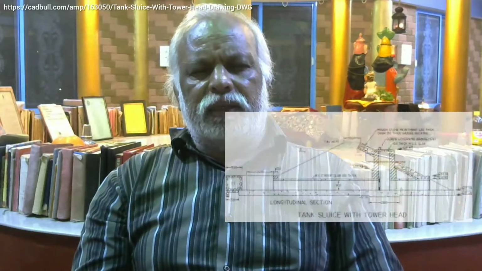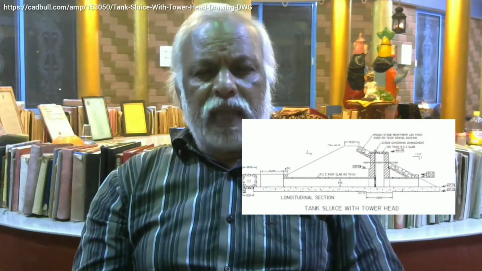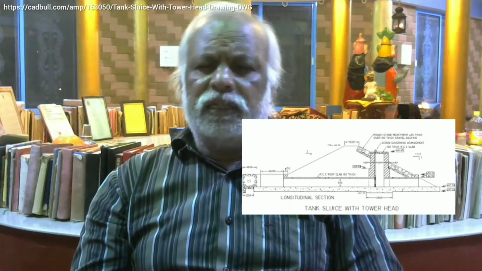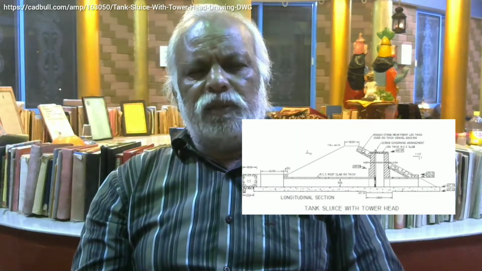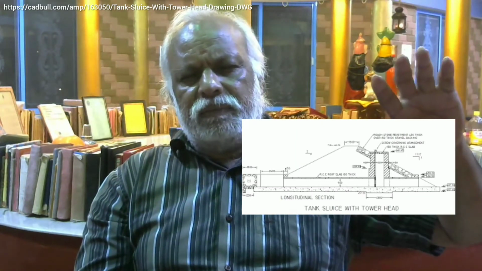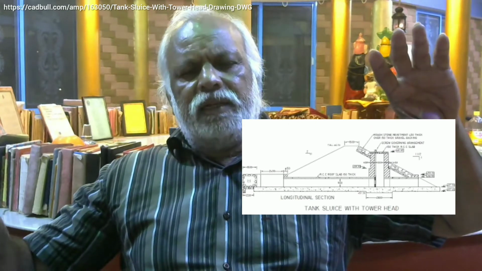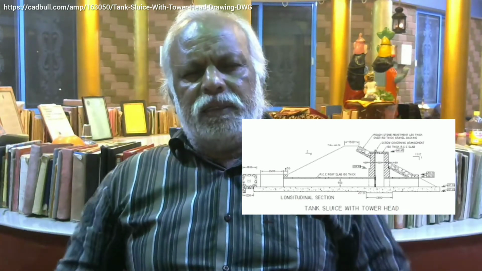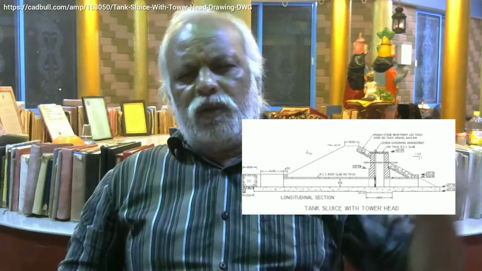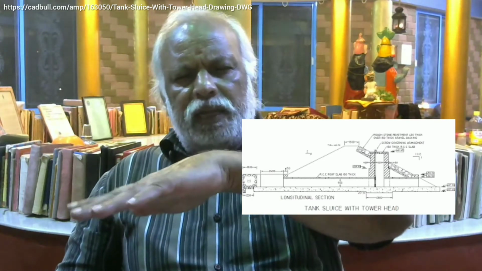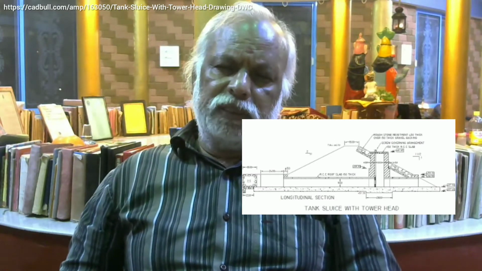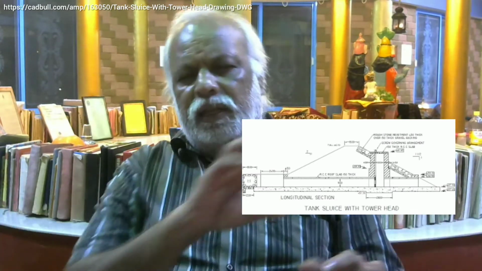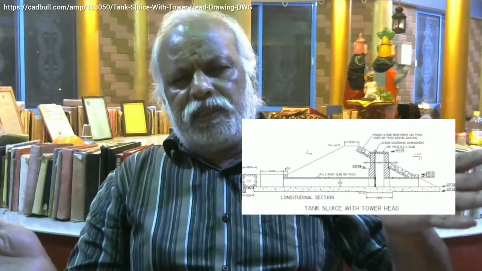The same thing in tank irrigation is called a tank sluice. The design of a tank sluice is a little more involved compared to the direct sluice. In tank irrigation, the tank sluice will have a well at the upstream side and a well at the downstream side, and they will be connected by a sluice. So water comes to the well, then goes to the tank sluice, with the tower head and without the tower head. So you have a little more protection on both sides of the tank.